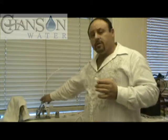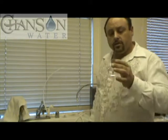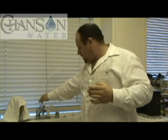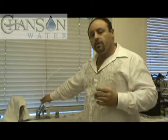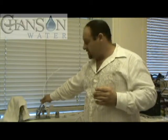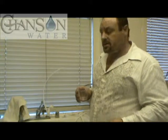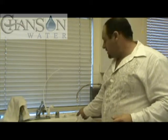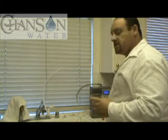So you can dial your flow down even a little bit more. If at the flow that you're at, you don't smell that smell in the glass, dial your flow down a little bit more. Don't worry, the machine will shut itself off if you get the water flow too slow. And that's how you get your strong acid water, and that's also how you get your strong alkaline water. This is the water that you can rinse your fruits and vegetables with. This is the water that will emulsify